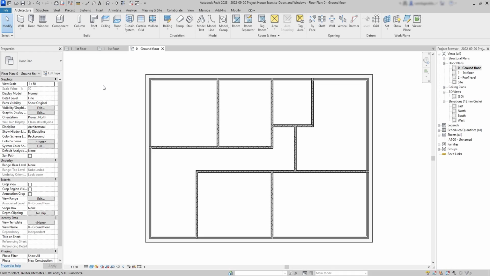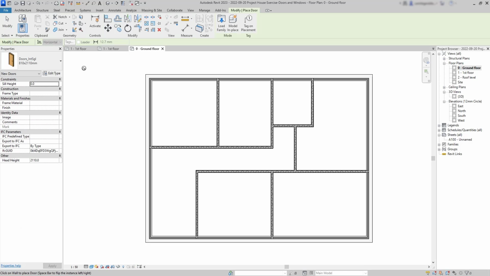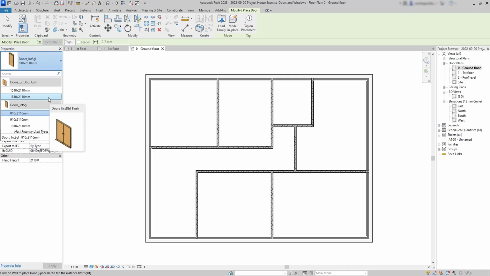In the next chapter, we will insert the doors and windows in this project. And I'm going to start with the doors. I have to choose a type here, and you will notice that there are just few of them to choose from. But don't worry, because if you don't like the shape or these door sizes, there are much more to download from the libraries. But anyway, at this moment, it's fine with what we've got here, so I'm going to